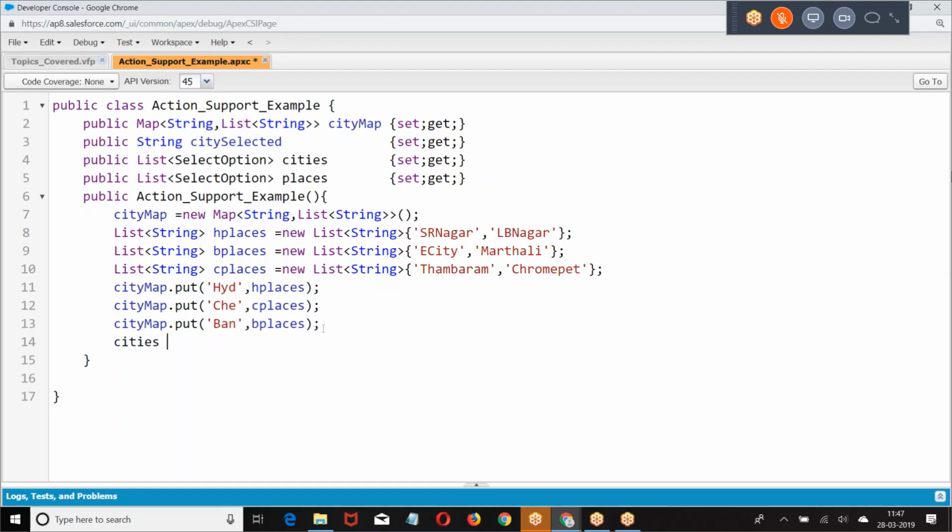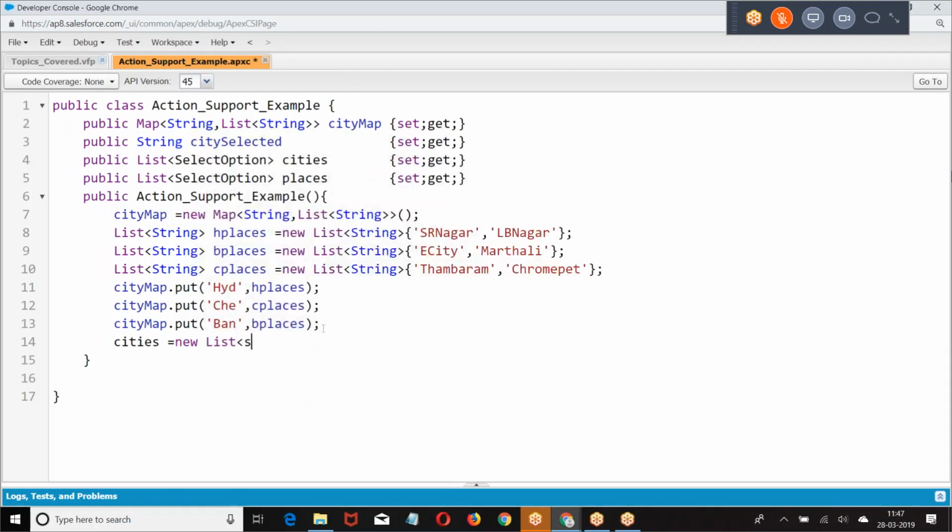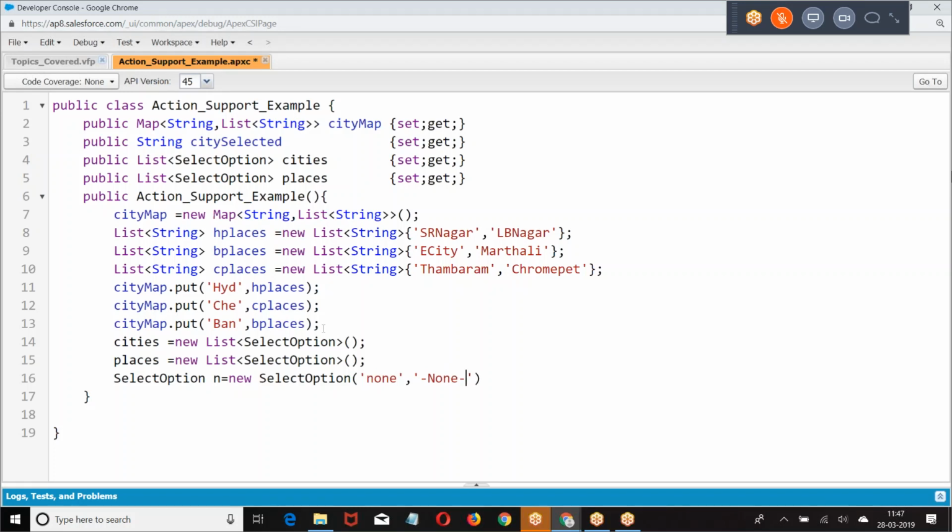City is equal to, then I created an option, select option n equal to, then I'm giving cities dot add.